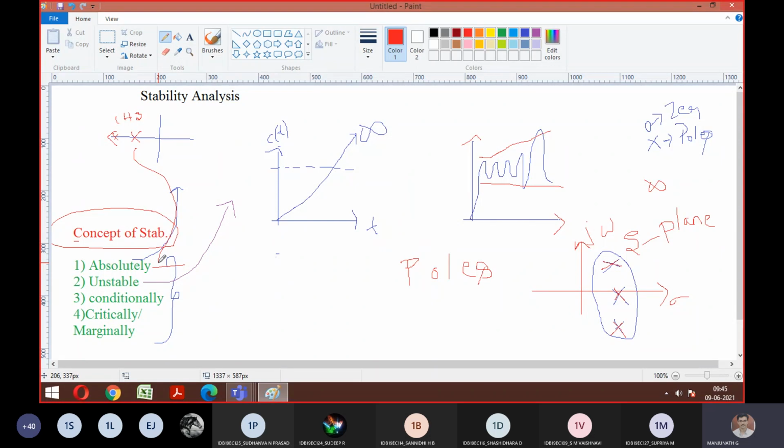So you can add this word also whenever you discuss difference or explanation with respect to absolutely stable. The same way we can get the complex conjugate with respect to negative also. You can represent it like this also, like how we did for the second category. So it can be applicable for imaginary or complex also. Only thing you should remember is it should lie in the LHS.